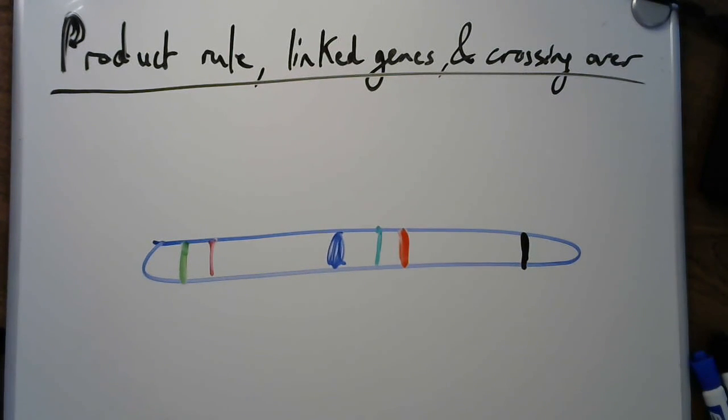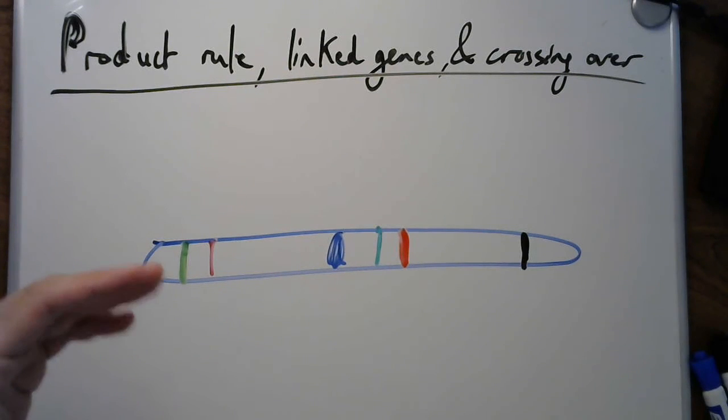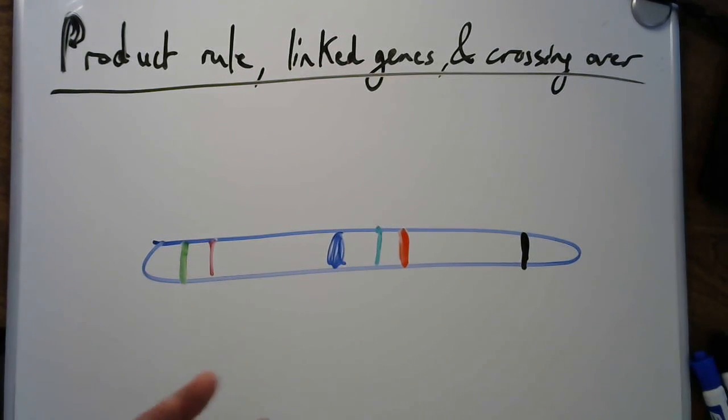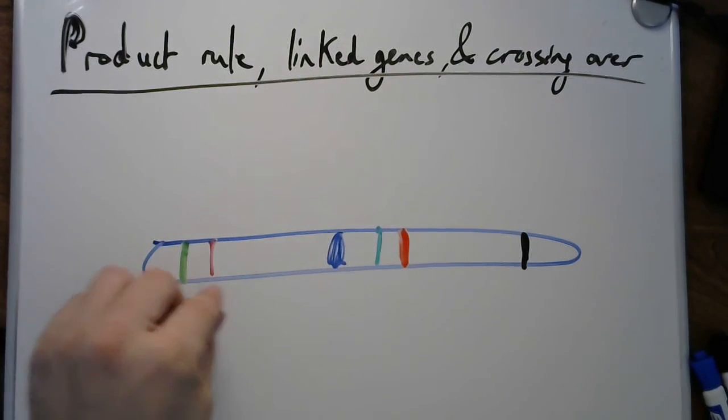So that's the whole part of linked genes and crossing over, how those things interact with each other. Because we know what we should expect if there would be no crossing over, because when you make a Punnett square, you don't assume any crossing over, you assume genes are just independently assorted, right? But when they're not, it is because the genes were close to each other,